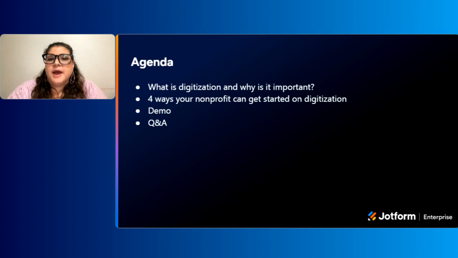So I will start by going over what digitization means. It's such a hard word to say. I'm going to try not to stumble over it every time. What digitization means and why it's important. We will also explore 4 ways that nonprofits can get started with digitization. And we will close out with a demo of Jotform's Enterprise Teams feature, as well as some time for live